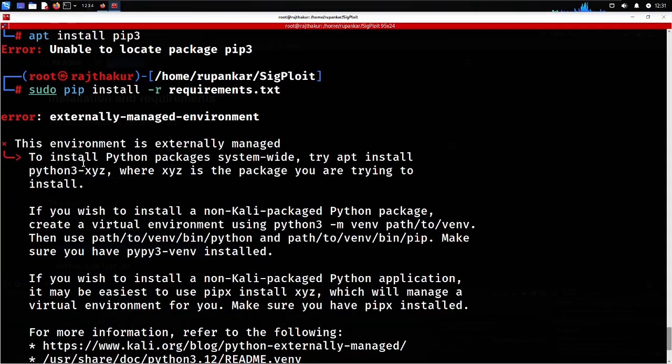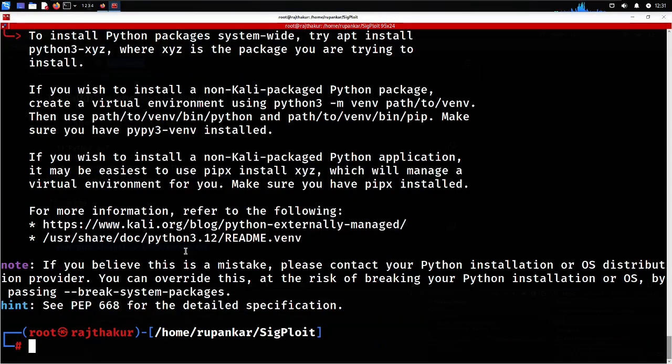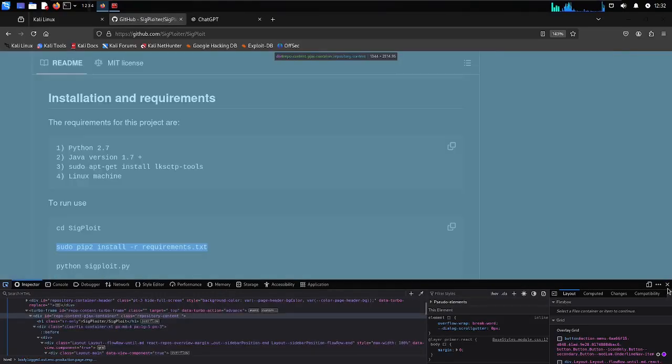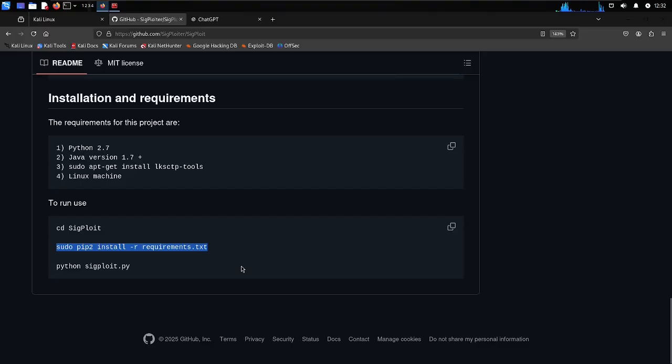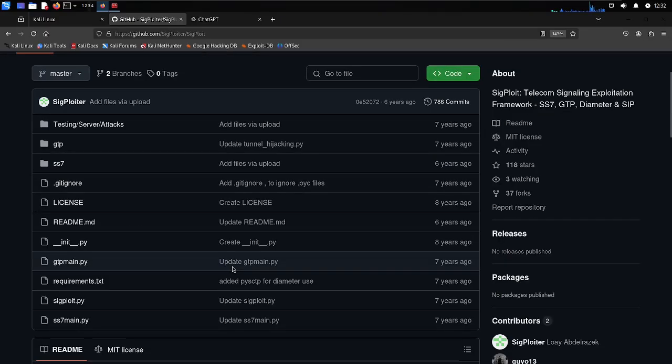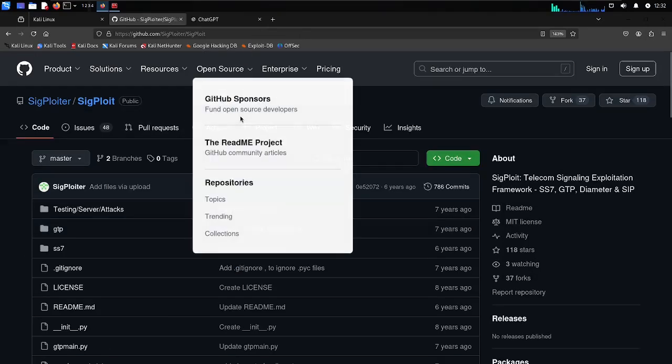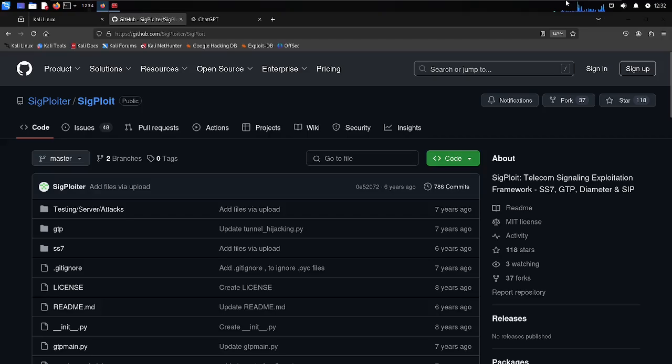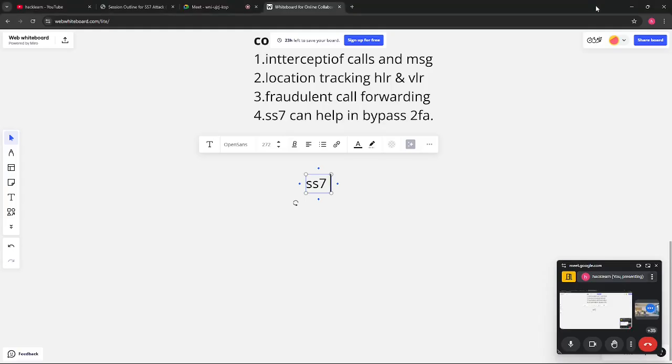When you go to install pip and get this error, then again you need to create the virtual environment for Python, and then you will be running. So this is a lengthy process. I hope this issue will soon be fixed by GitHub and Kali Linux, so we can practice this tool. You can also try this tool on Parrot OS; if it works there, that will be completely fine. If not, you can look at it after some time. So Sigploit is not working, so you can look at this tool after a certain time. I hope this will be working after some time.